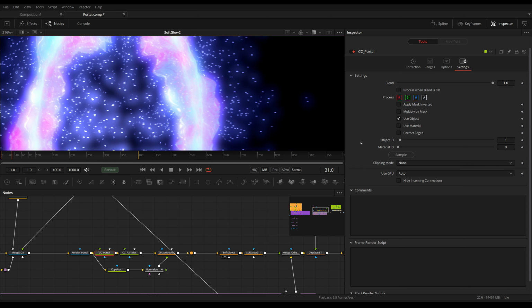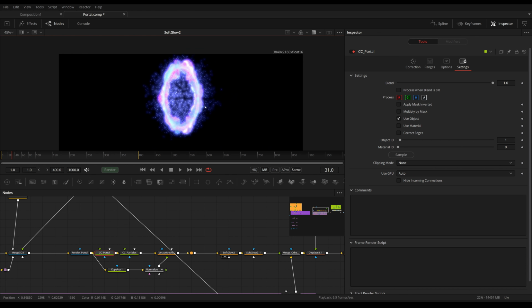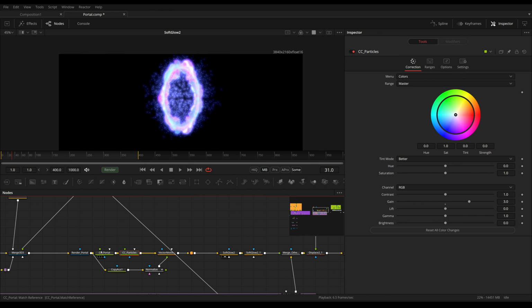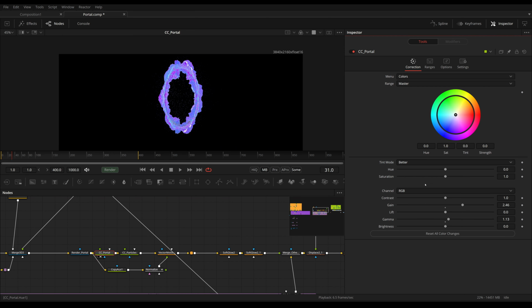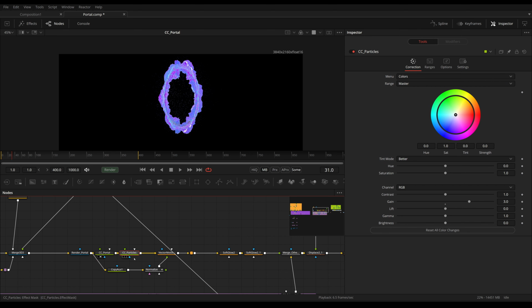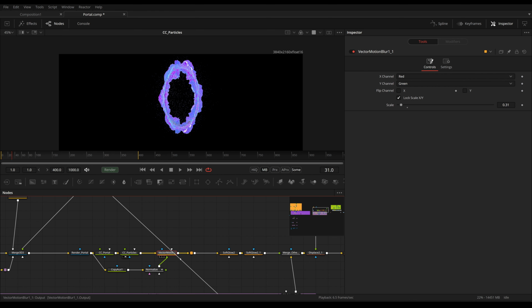And with the object ID, I could mostly remedy that while still keeping these color corrections separate. So first I increased the gain and gamma of our portal. Then I've used different values for our particles. And I've used the vector motion blur.